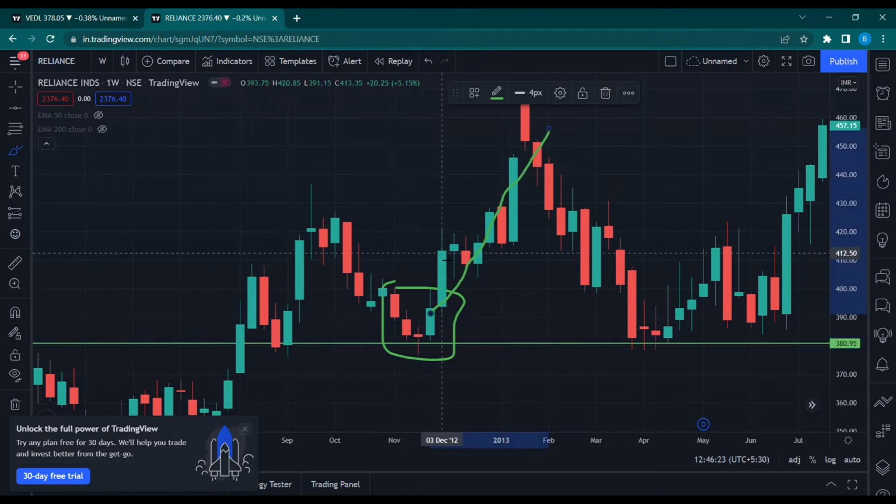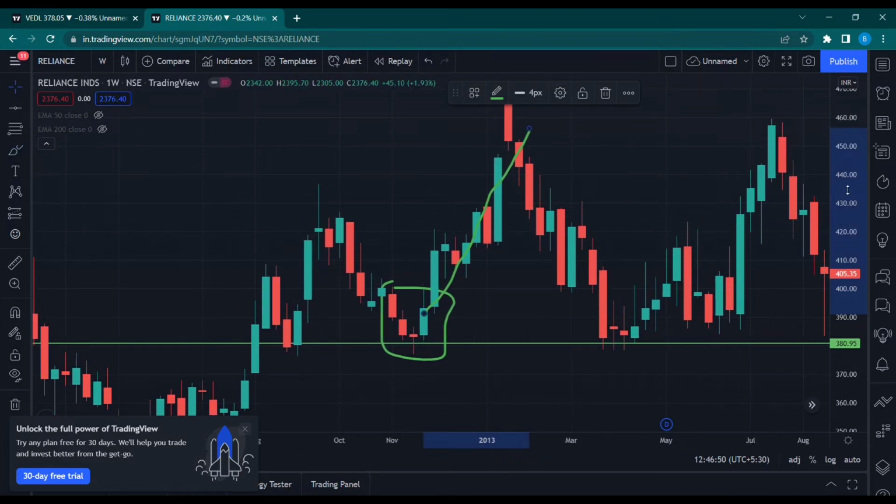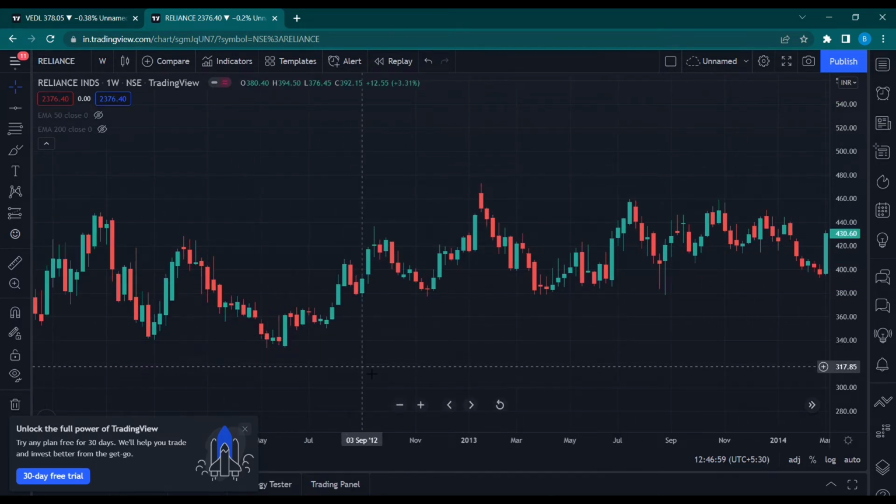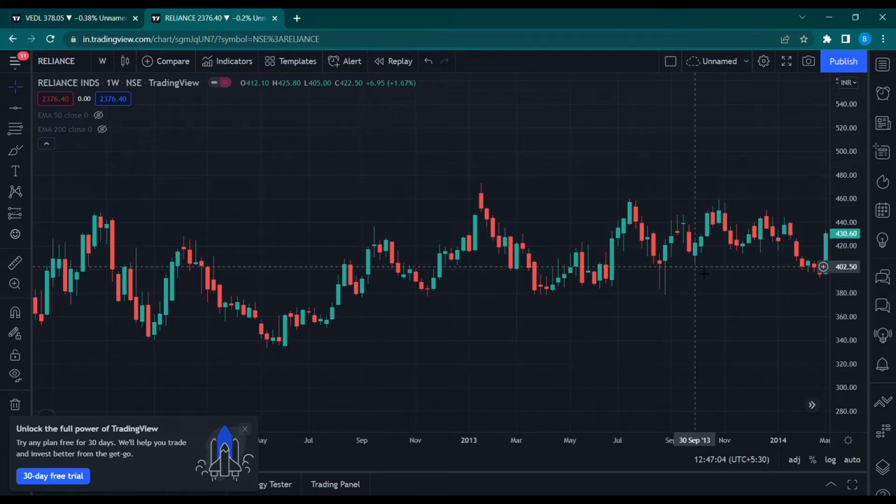So that is the morning star candlestick pattern. Whenever you see this candlestick pattern forming in the weekly time frame or in any time frame, and in this case it is forming at a support level, then you can go for a buy side trade. So this is a good trade again. You see, this is the move. I hope I am clear with these four candlestick patterns. These are the only candlestick patterns I'll be covering in this course. And talking about the candlestick patterns, I'll explain the psychology behind each of them.